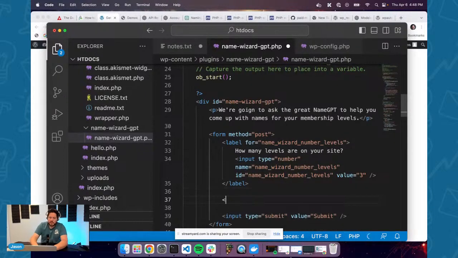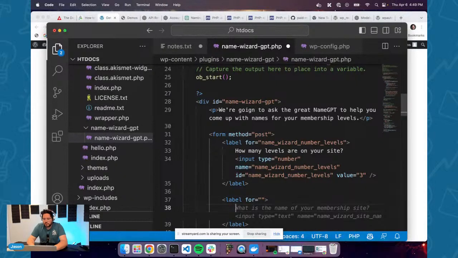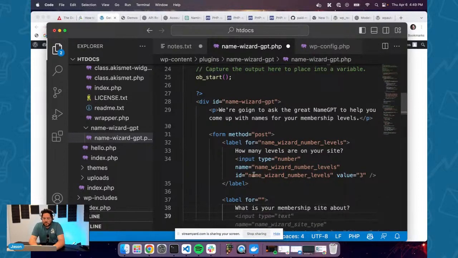Okay, cool. What else do we want to ask them? Actually, I haven't thought this through, so this is good. Let's see. Okay, so how many levels you have? What is your membership site about? All right, what is your membership site about? And then let's. I don't know where the cookie suggestion came from, but